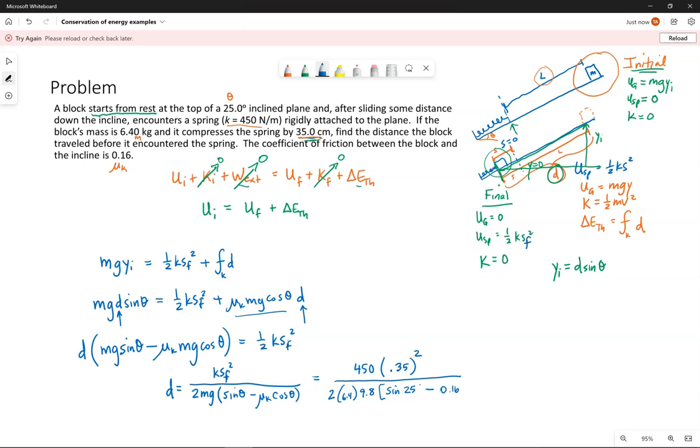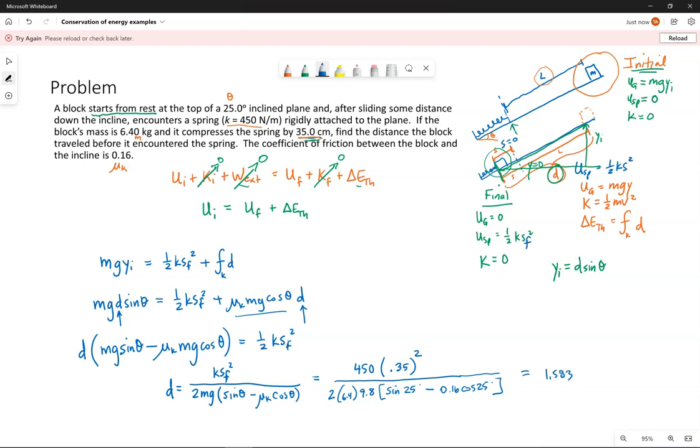Coefficient is 0.16. So I'm going to plug this into my calculator. I'm getting